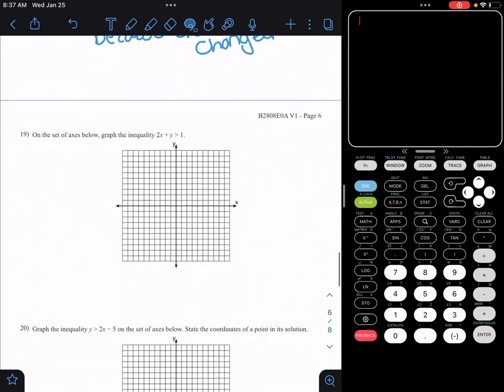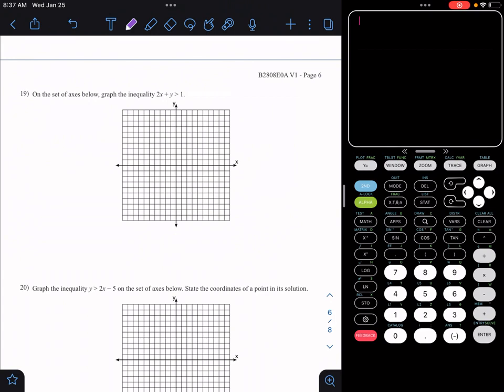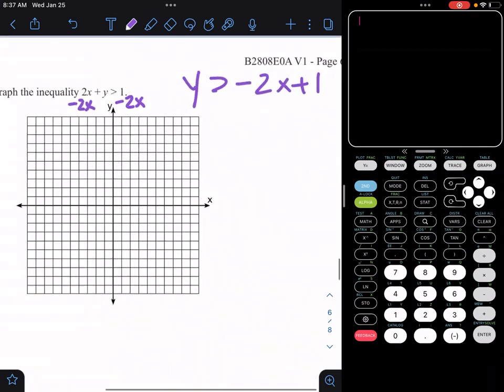Alright. Let's look at number 19. They want me to graph this inequality. Before I can do this, I need to make this y is less than or greater than. So I'm going to have y is greater than negative 2x plus 1. This means I need to start at positive 1 and put a point, and then I go down 2